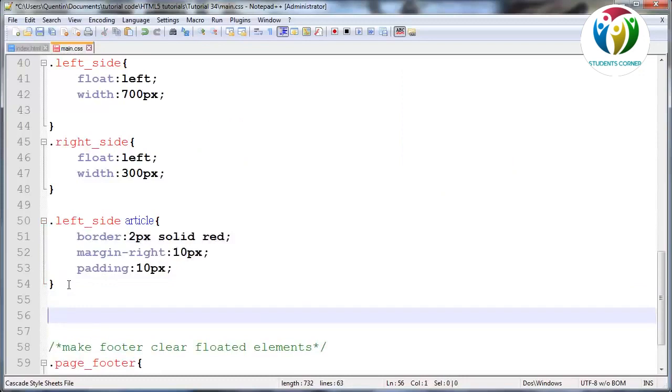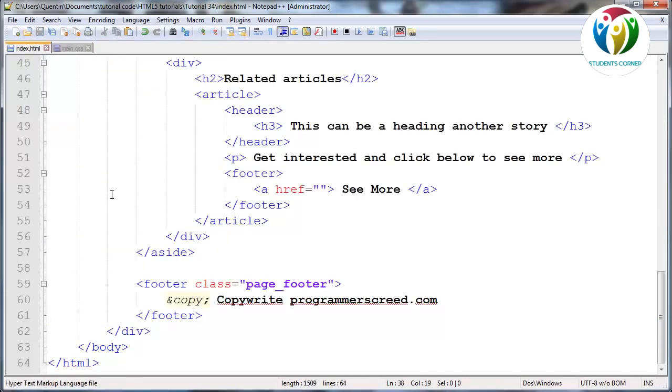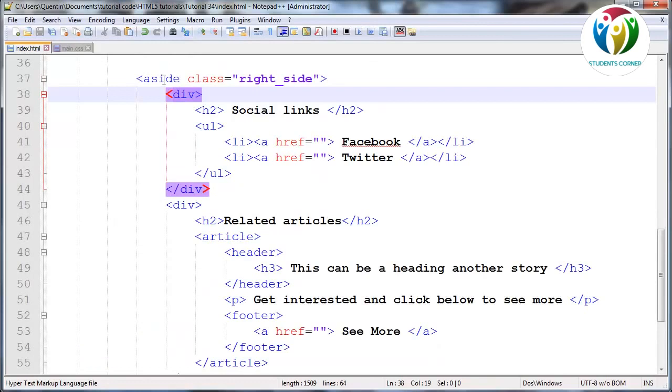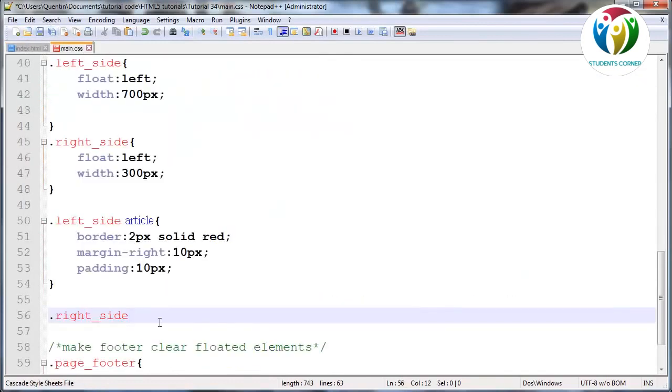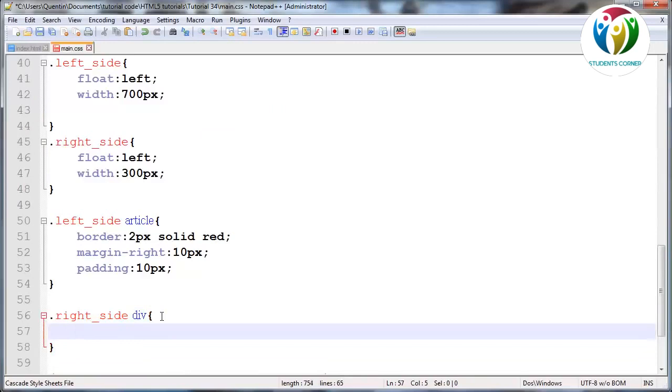So let's go ahead and say right_side, and over here you can see that the inner elements of our aside tag are actually div tags. So we can say all div tags that are children of the right side. What do we want to do with those? Let's give those a border of 2 pixels, solid blue,